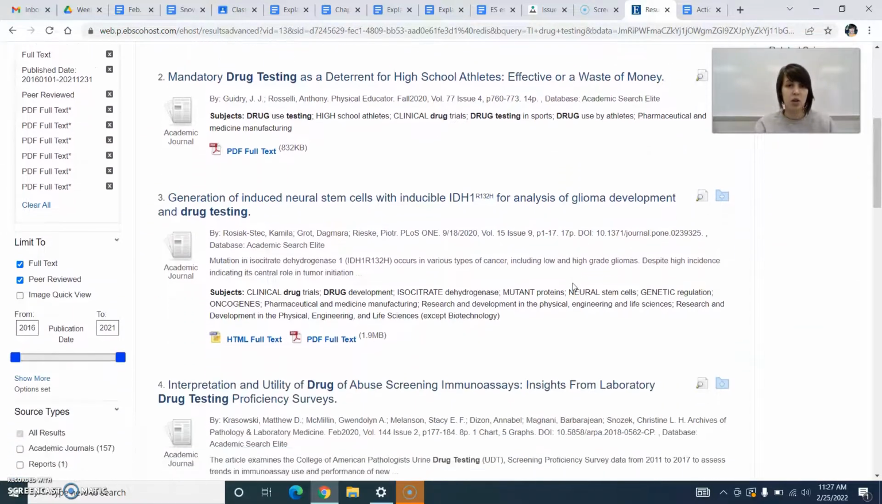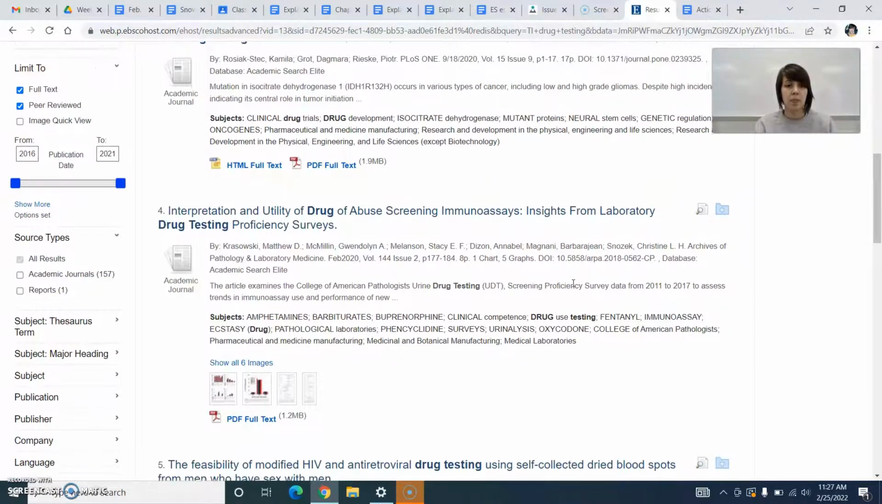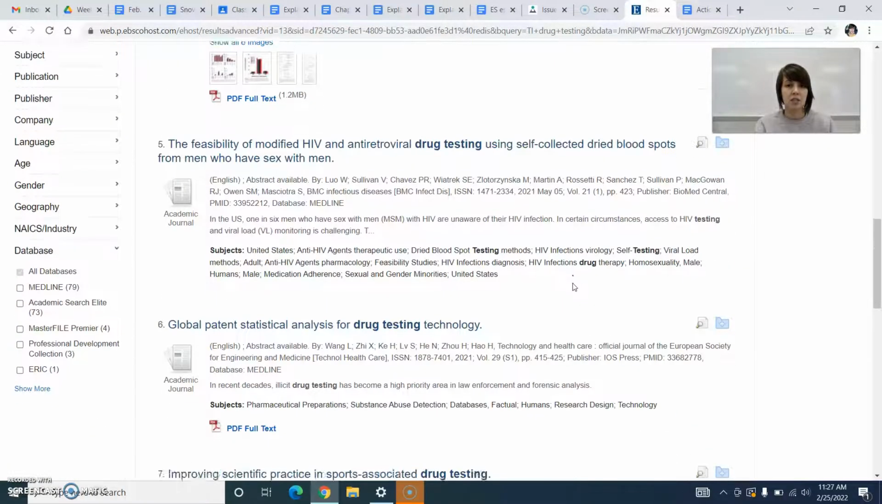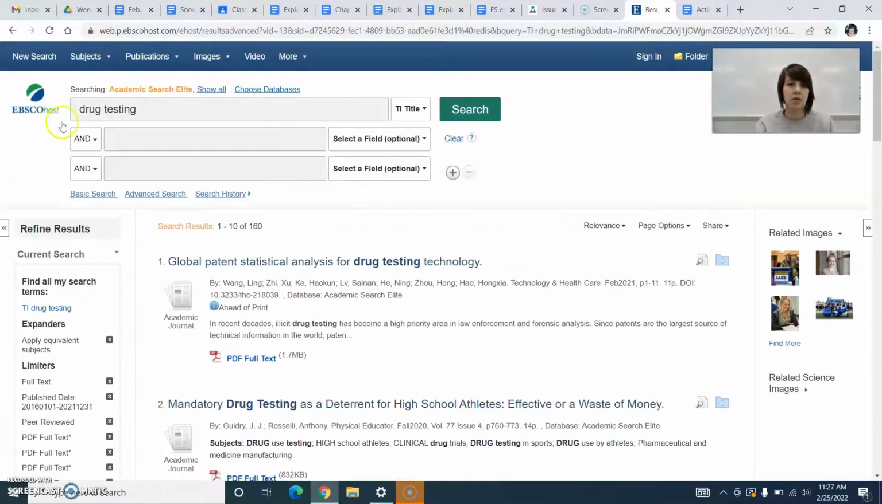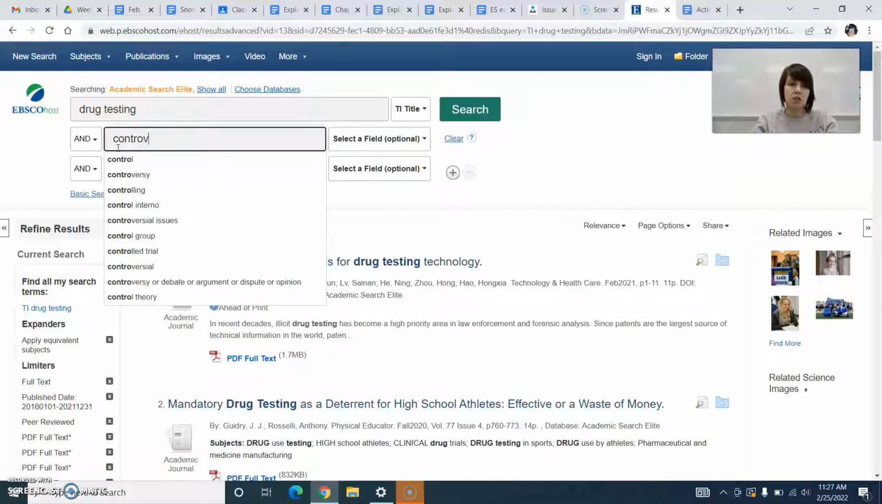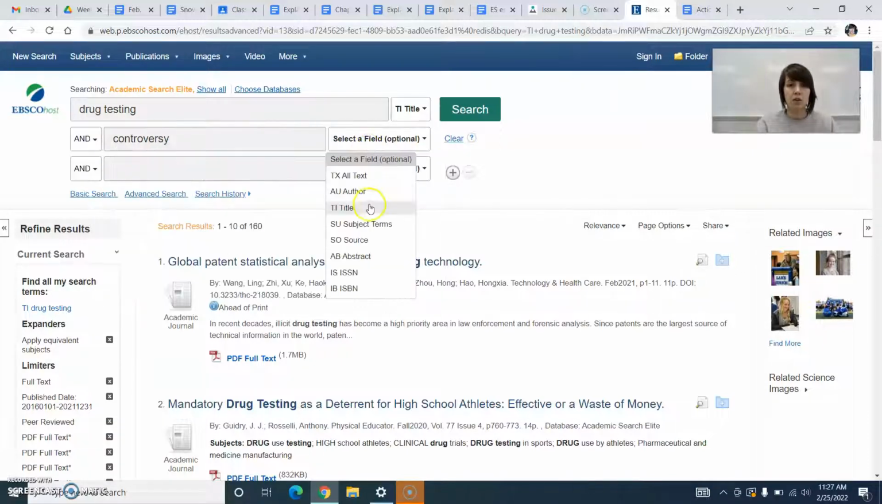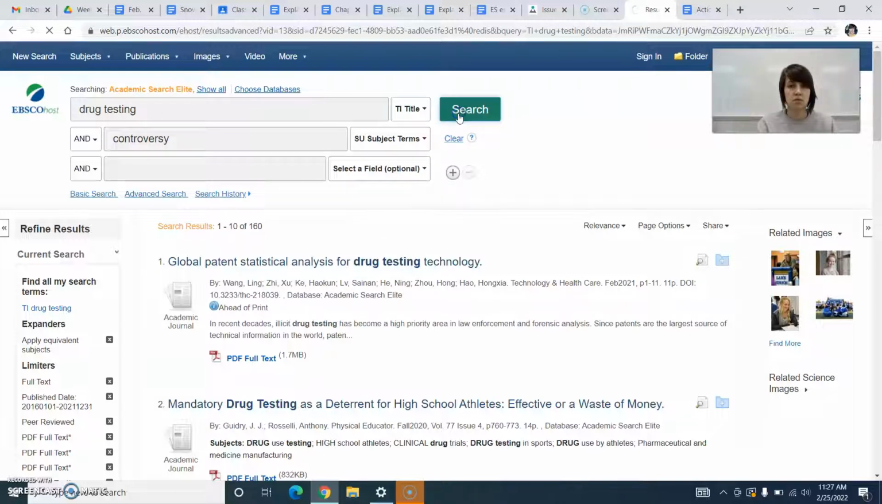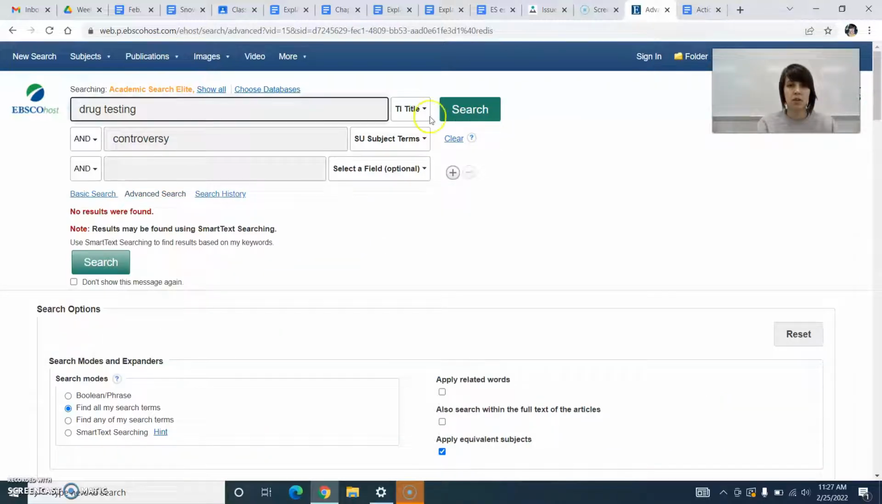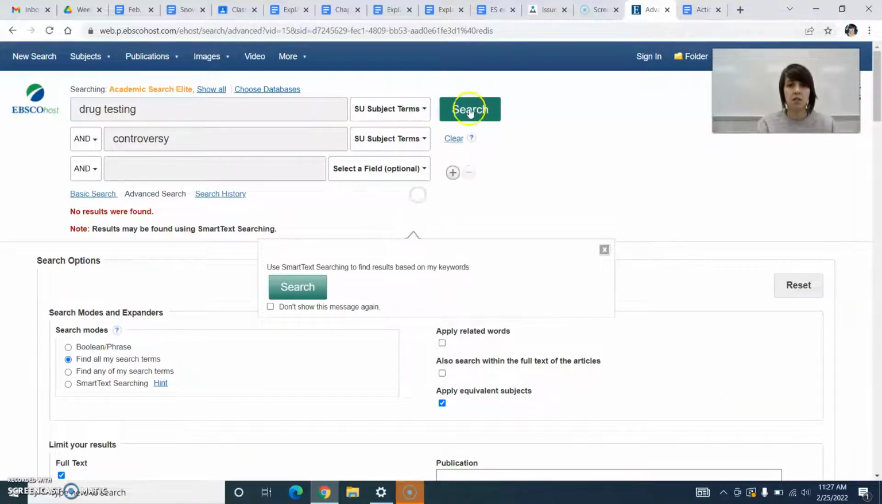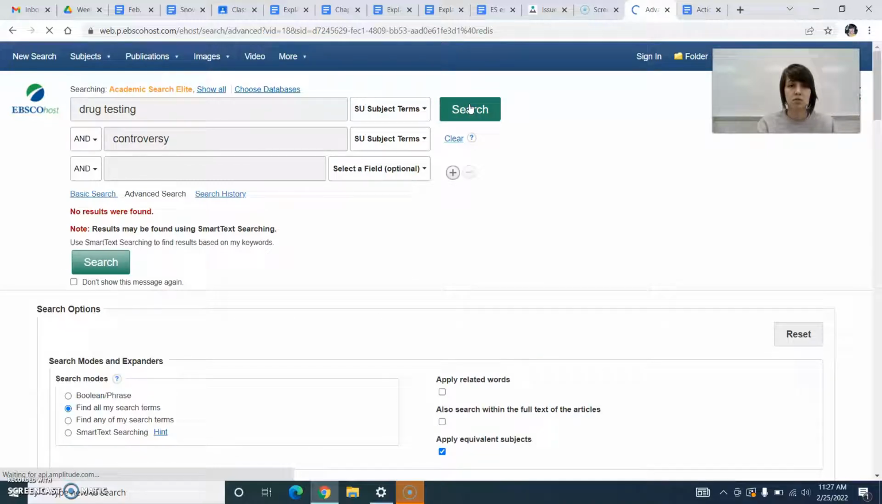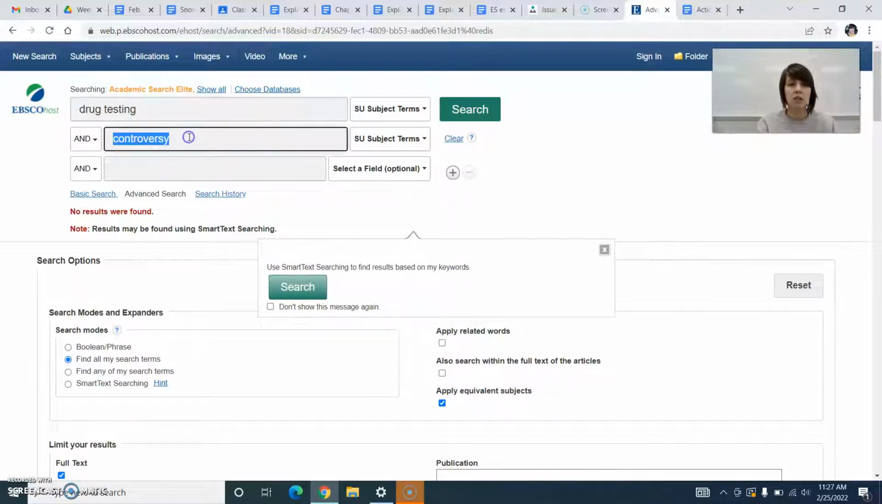how do you want to search, where do you want to search. You could go back and add some different things. Maybe you could do like drug testing and controversy. I don't know if that would help you at all. No. Maybe if I make this subject terms instead of title. No. So yeah, you just have to kind of play with it a little bit and you'll end up finding